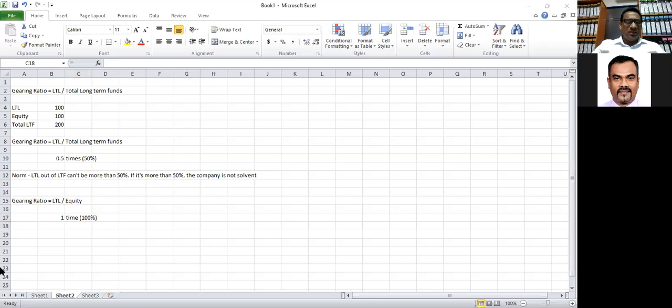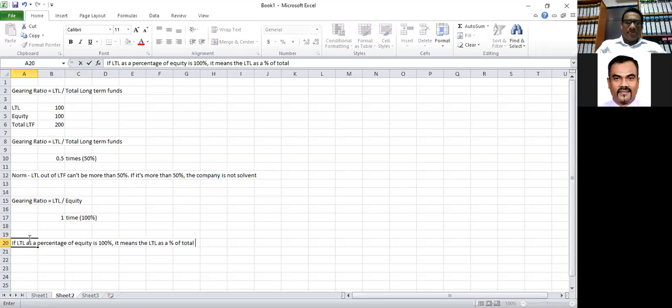Right. So I will write it here. If long-term liabilities as a percentage of equity is 100%, it means the long-term liabilities as a percentage of total funds